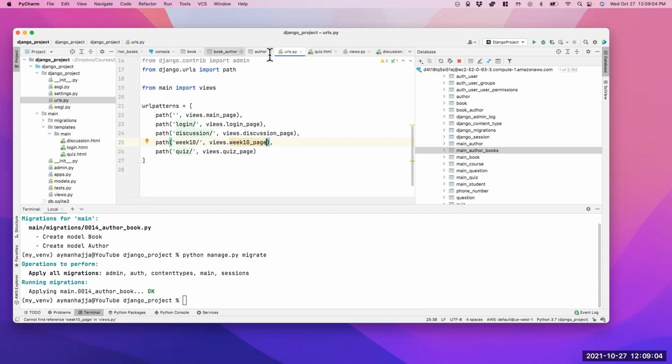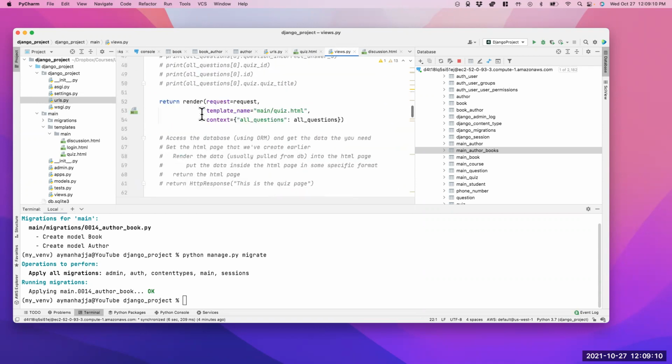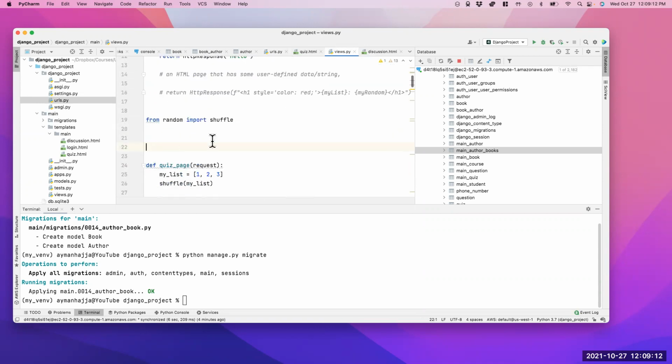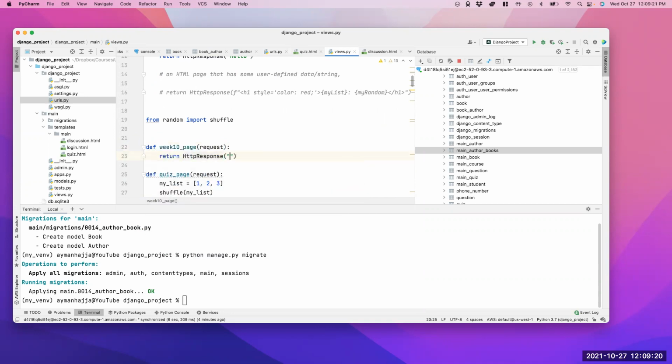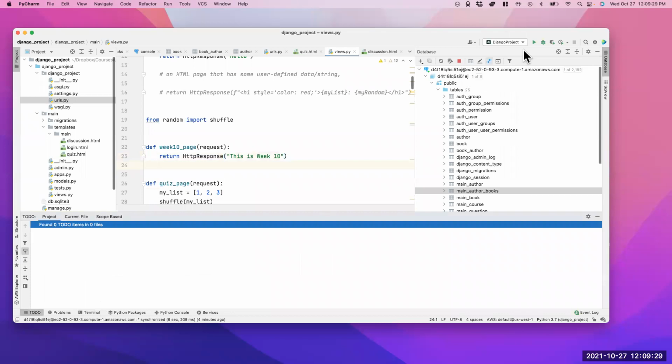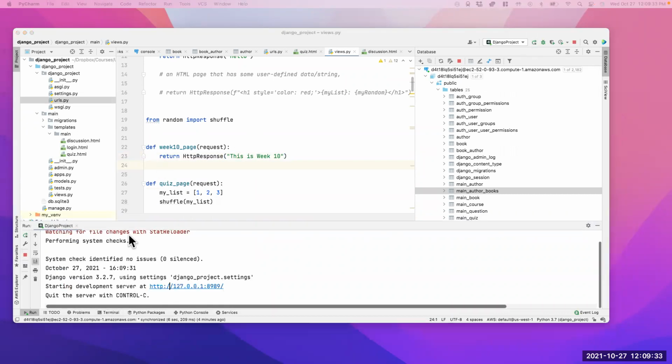Let me go to the views. I can create it here, that's not a problem. So I'm going to say def week 10 page request, and I'm going to return HTTP response. This is week 10, just to make sure that everything's working fine. And if I run my server, I haven't actually run my server yet, and if I go there,